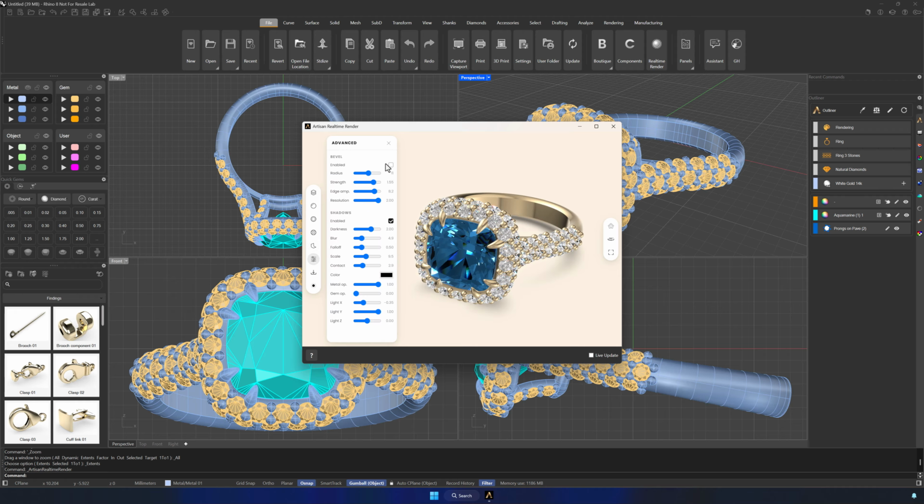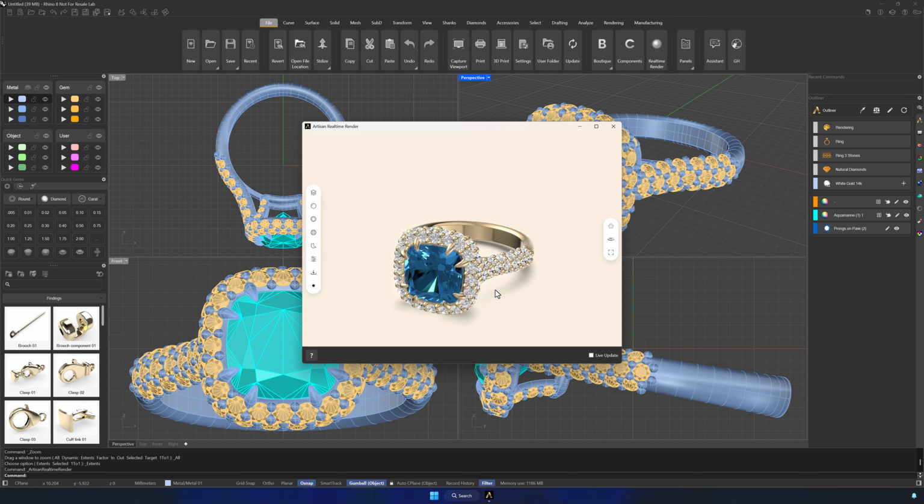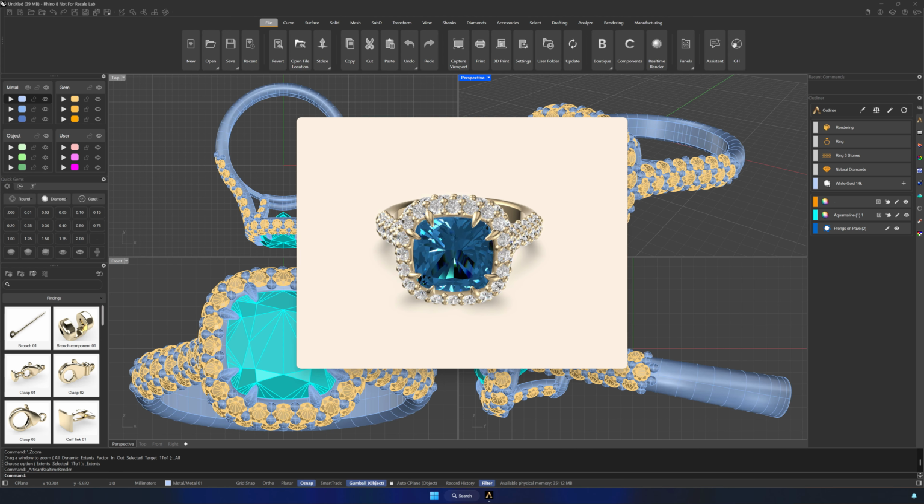Use bevel to define the exact level of metal polish. Control shadows, creating incredibly realistic finishes. Generate high-quality images or videos with a single click, and share your vision